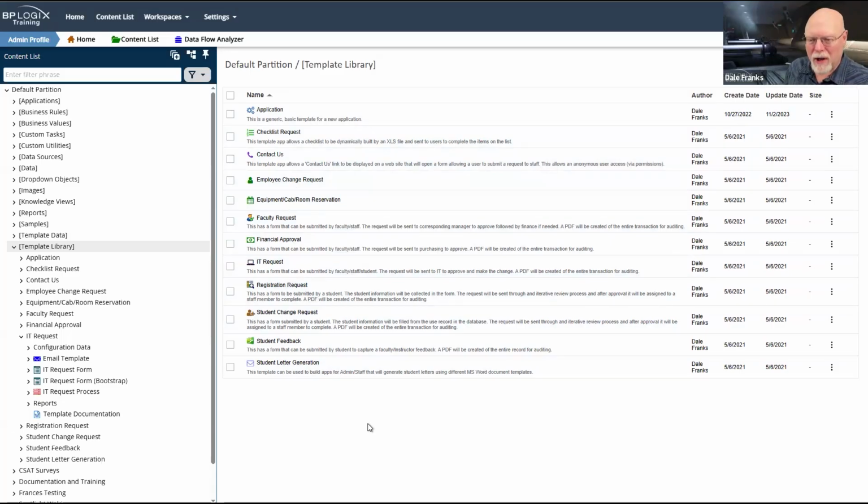The whole point of the template library is to eliminate some of that rather time consuming stuff that you always have to do for every application.